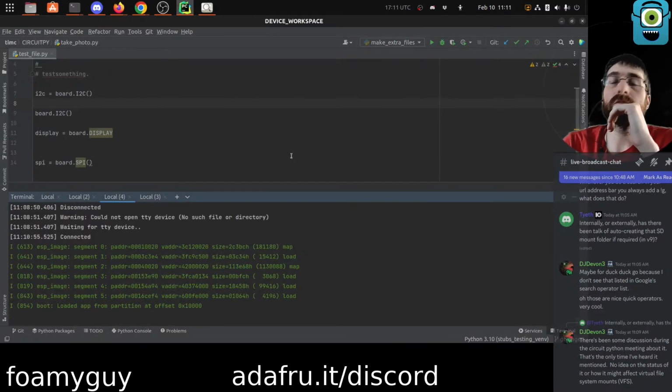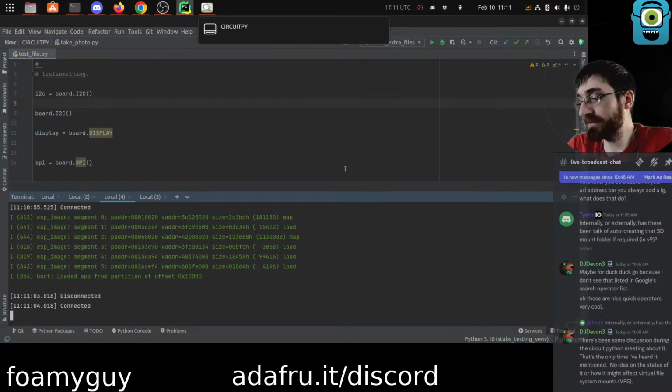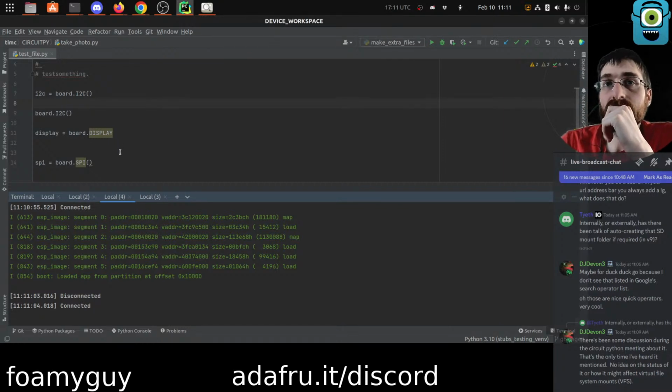I wonder what it would be. I feel like the display might be the culprit because of the way that we are using the SPI bus for the display and the SD card. And they should have their own CS pins or whatever, but